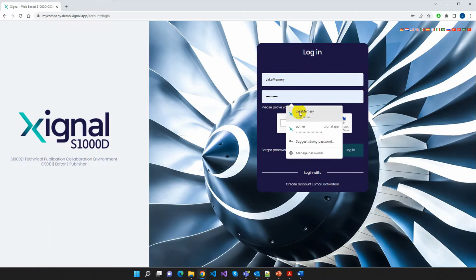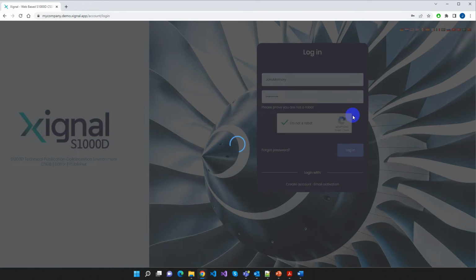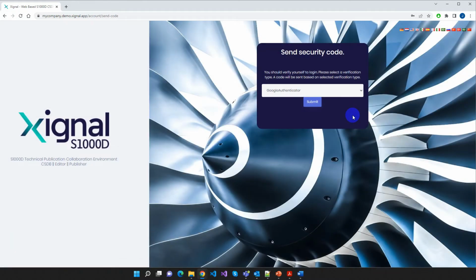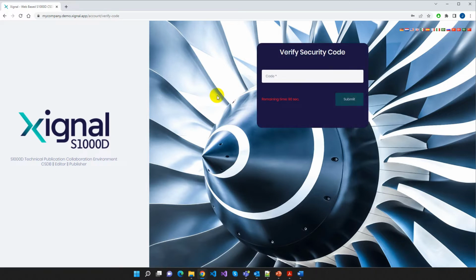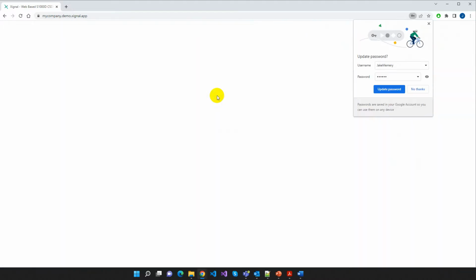I'll just log in as myself today, and I am a super user of this environment. We've got two-factor authentication enabled. There's a couple of methods we can use by which to receive the two-factor authentication code. I'll use my phone, so I'm just waiting for a code to come through on my phone. There it is. Okay,